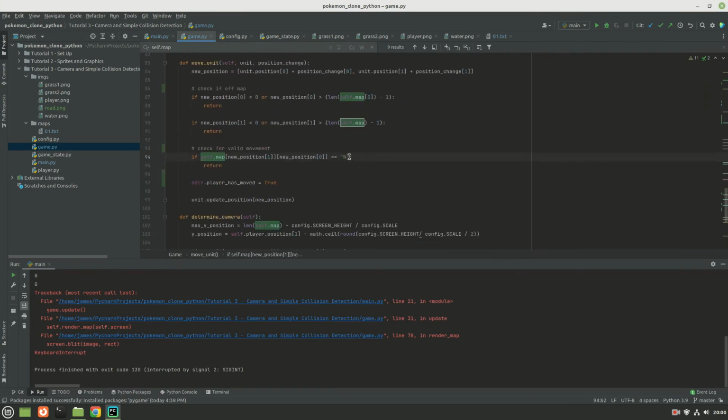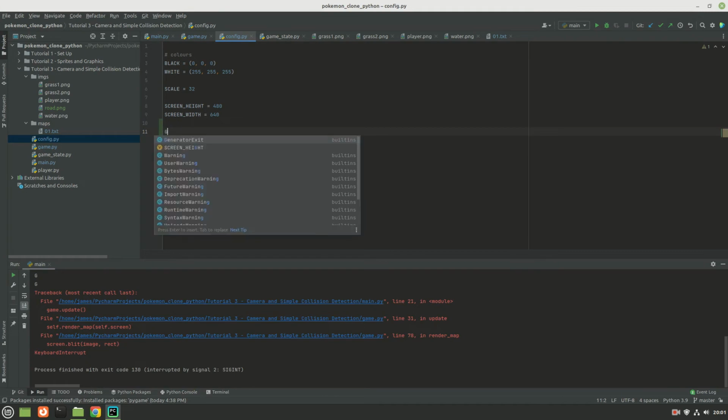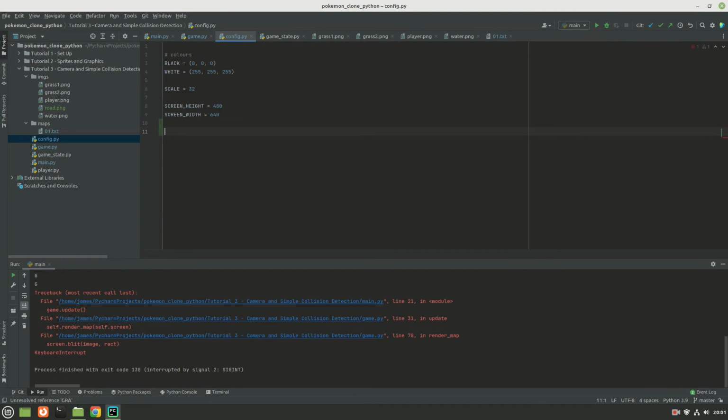So I don't like this string comparison here. What I'm going to do is go into my config file, and we're just going to make a couple new variables in here. So we'll do like map tile grass. Copy that and paste it 3 times.